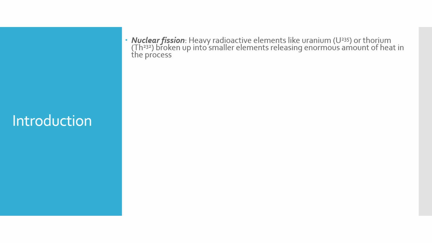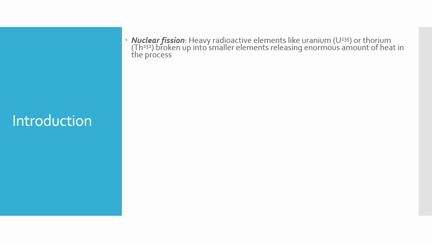So first of all, we can define nuclear fission. We have already defined nuclear fission and studied it previously, but let's revise that. Any heavy radioactive element like uranium or thorium can be broken up into smaller elements, and when it breaks up into smaller elements, it releases a huge amount of heat energy in the process. This process is called nuclear fission. It happens spontaneously in the environment as well, but in a nuclear power plant we make it happen by creating conducive conditions